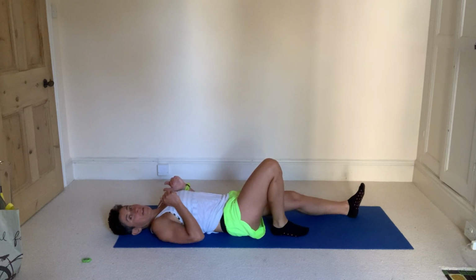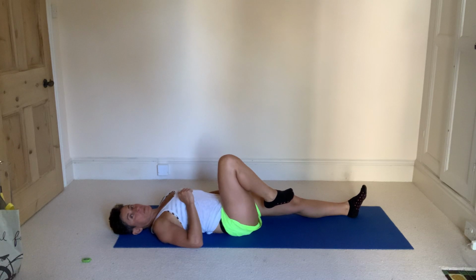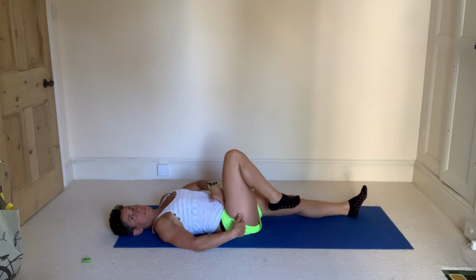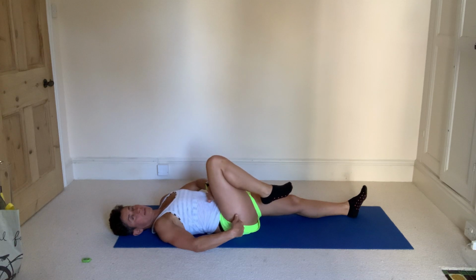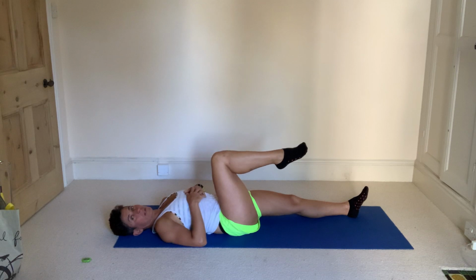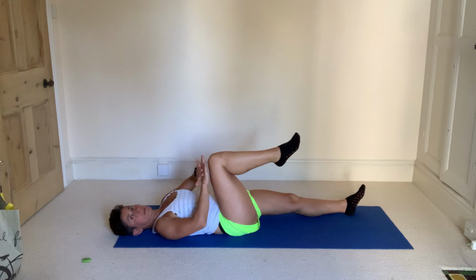I'm going to extend the left leg away along the floor, bend the right to bring the right knee up and towards you. See if you can get the hip joint to flex just past the 90-degree angle. So I'm going to bring it up here. I'm going to raise the shin slightly, relax the foot, relax the toes, and then placing both hands on the